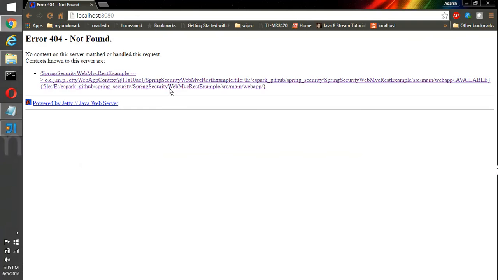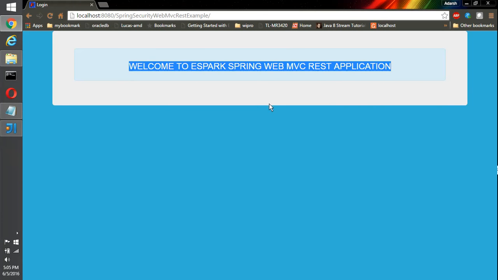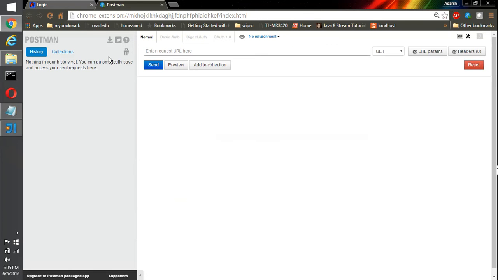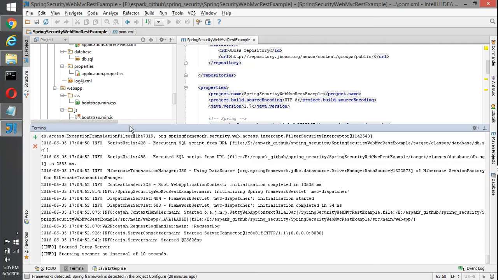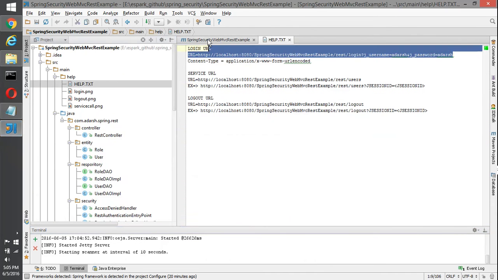Okay, this is how the index.jsp looks, and then let's get into Postman, where we need the help.txt file where I have kept the URLs.